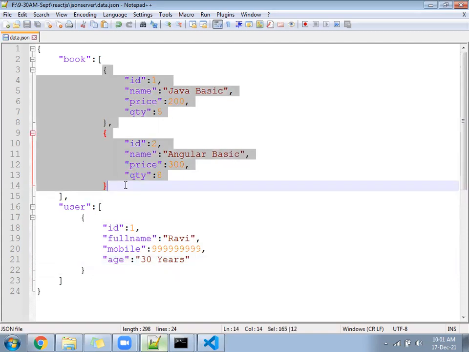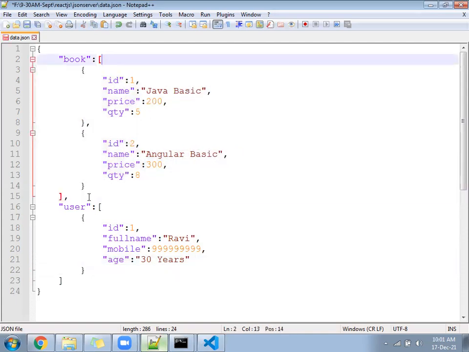This data is available under the book, and this data is available under the user. Under the user, you have only one. Under the book, you have a total of two.